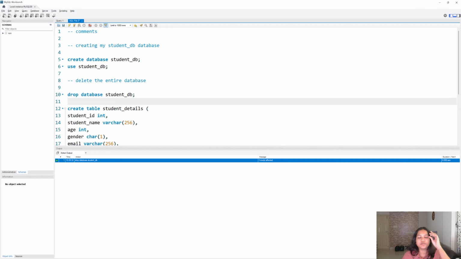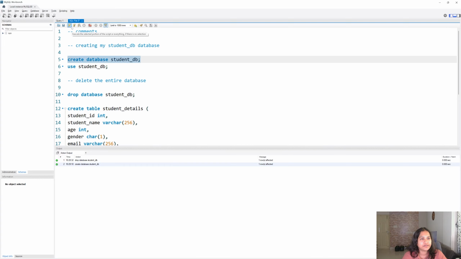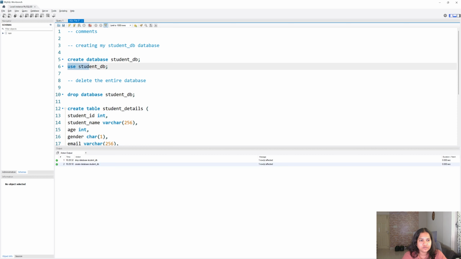Now, what we will do in this video is that we will learn about constraints and create the student_details table one more time. Why are we using the same table? Because you already have an idea how the student table looks like, right? That's the reason. So now again I need the database, right? So I will use the create database student command and I will run this. Then I will use the student database. Before that I'll just refresh to see if it is created. Yes, it is created. Use database command, I'm going to run now. Okay, so right now we are inside the student_DB.